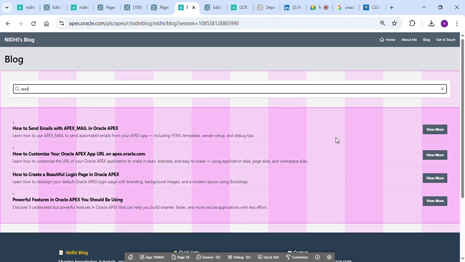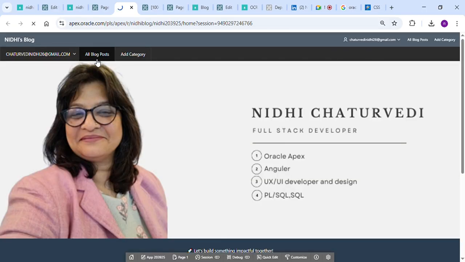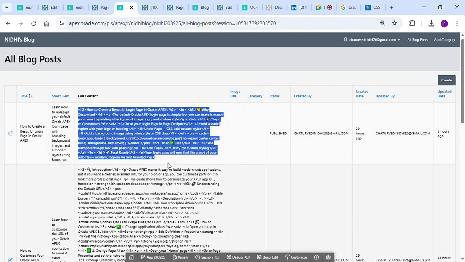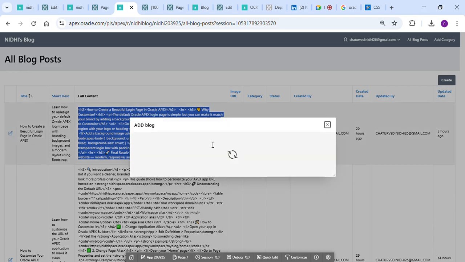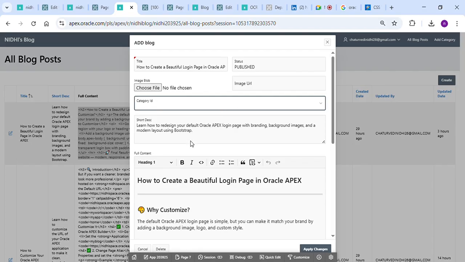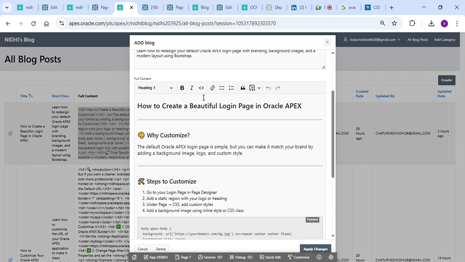this is my whole blog site, and I created some tables here which contain all the data. Now we are going to the admin part. Okay, so this is the admin part, and this is my blog table. See, I am putting data like this here, right? This is a form URL, category ID, something, and short descriptions,